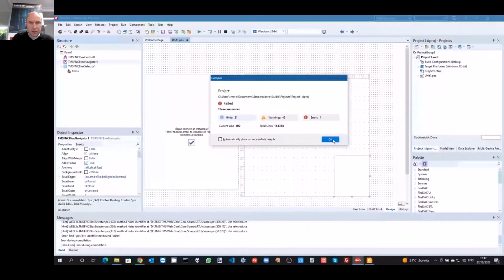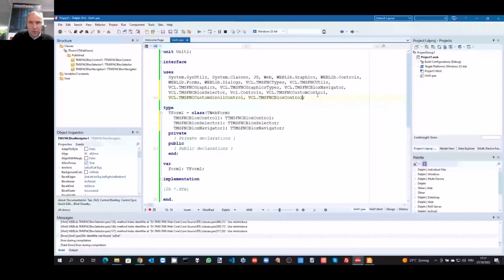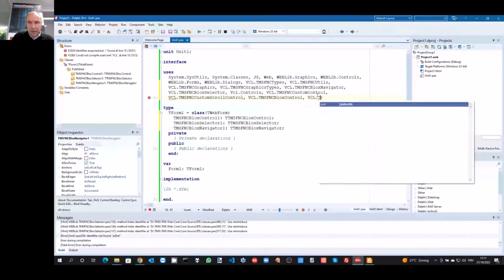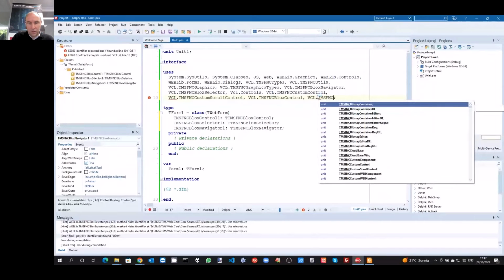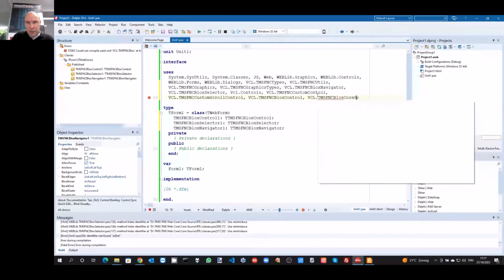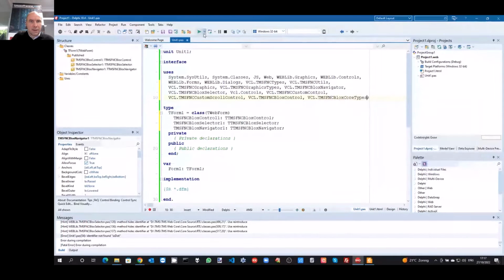I'm getting some error because there's a unit that was needed and missing by default, which was the core types, I believe. Let's see if that helps us solve this issue.